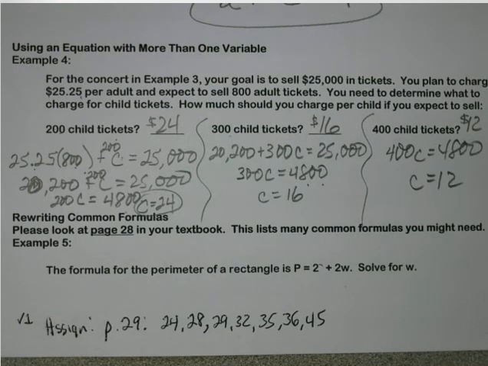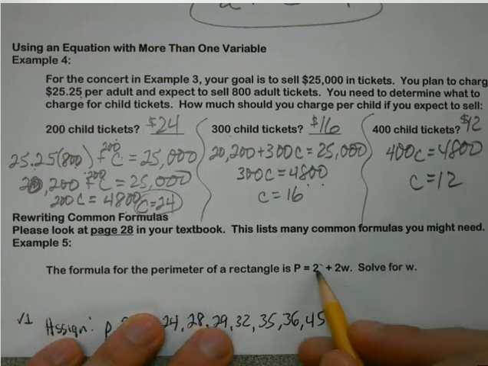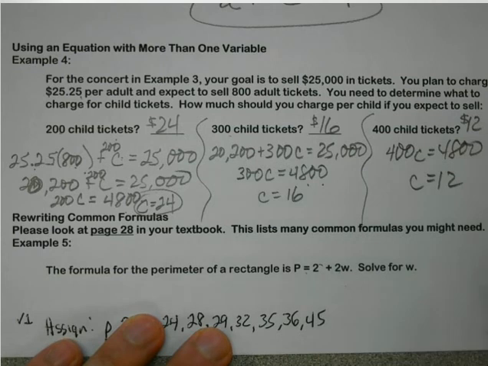And finally, down here at the bottom, lots of formulas that we might need are listed in the textbook, so it's good to know those and have a feel. So for example, the formula for the perimeter of a rectangle is P equals 2L plus 2W. Solve for W. So you're like, okay, so let's see. My perimeter, this kind of goes back to what we were doing up above, maybe in example 1 part D. If I'm solving for W, but I do have something that's in common,